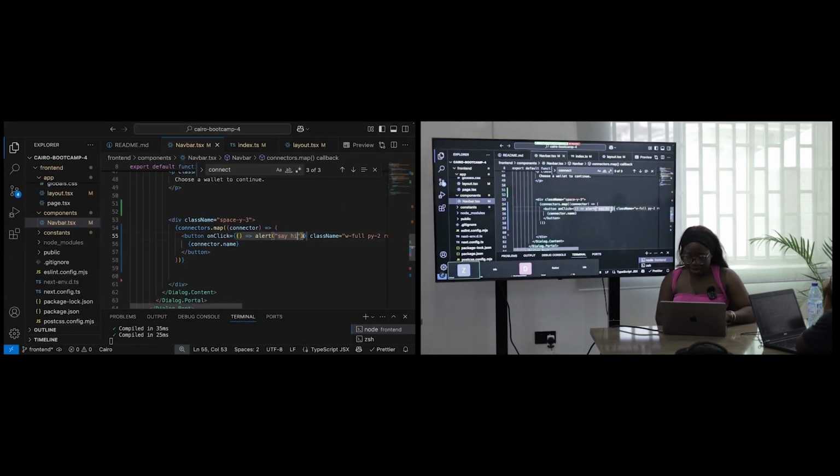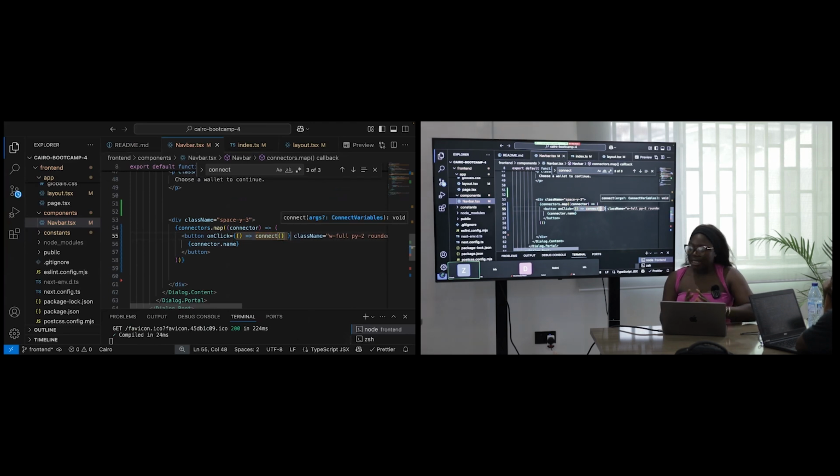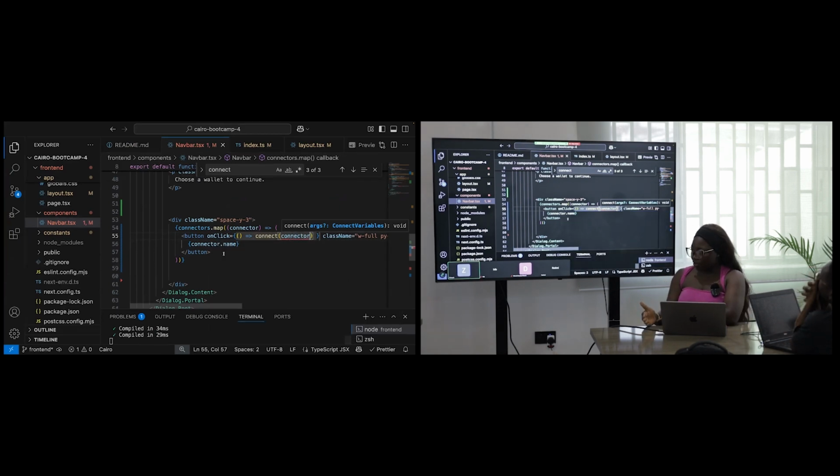So the next thing to do is to connect. Remember the connect we imported from useConnect, right? The connect expects an argument. And the argument we're going to pass to connect is what? The connector. You want to connect to something. What do you want to connect to? So we pass the connector here. Where are we getting the connector from? Exactly, the map. Remember we mapped the connectors array,